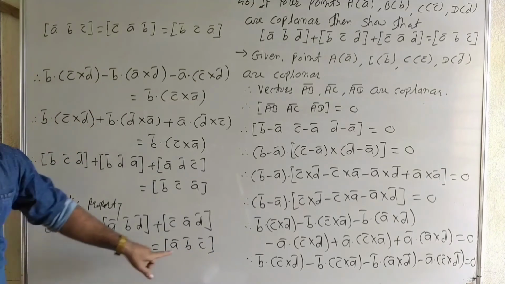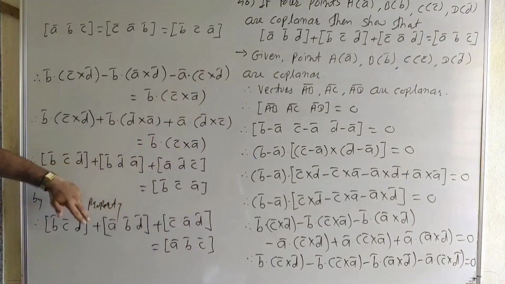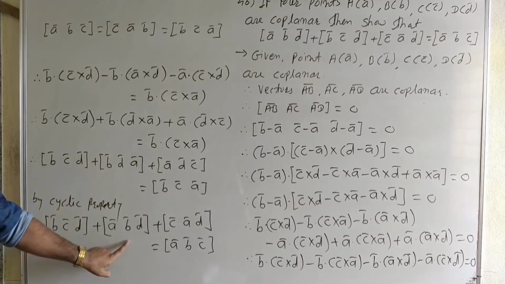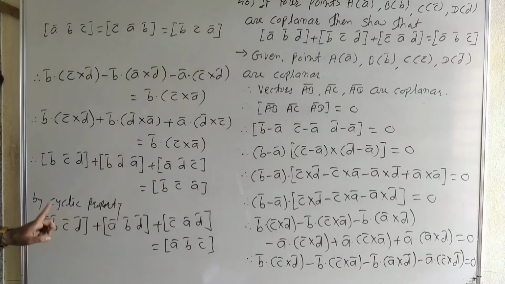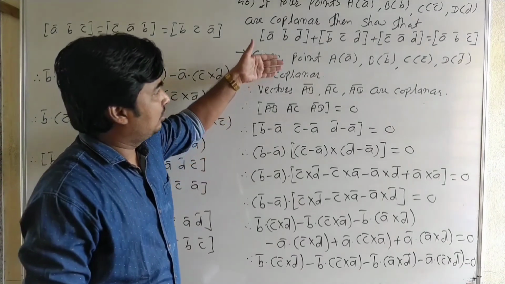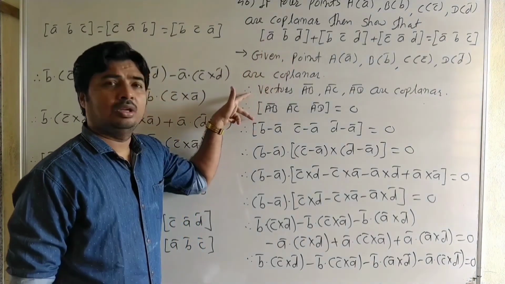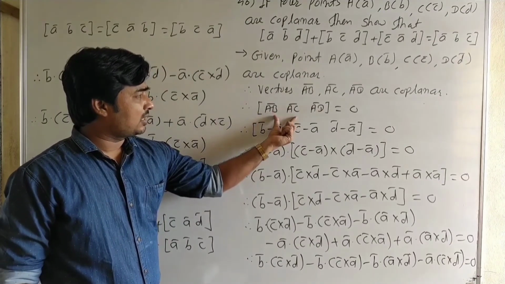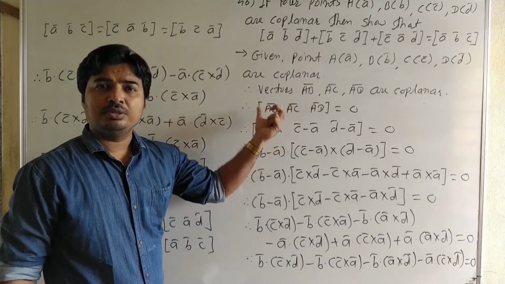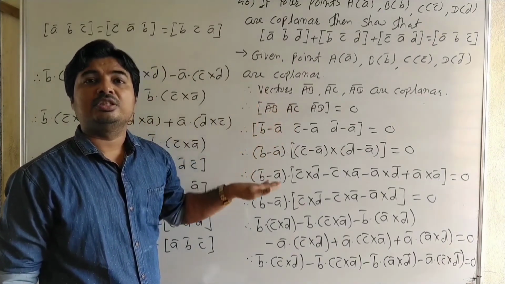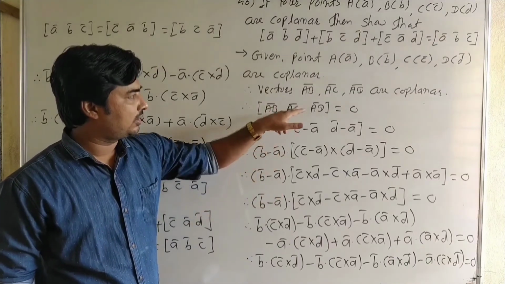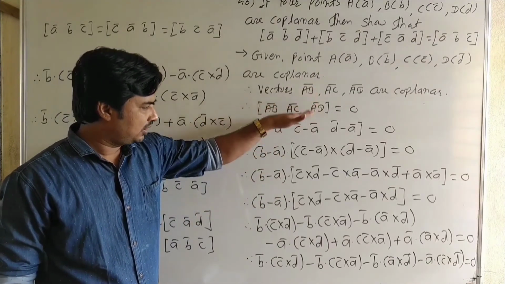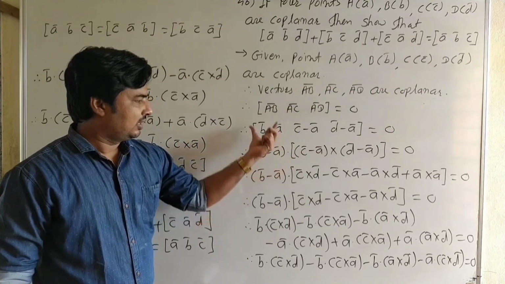Okay, and it is a proof. Okay, only these two terms are the interchange. This can be written here and this can be written here. See carefully, here 4 points are coplanar, so 3 vectors are coplanar, and 3 vectors being coplanar means their triple product is 0. Okay, scalar triple product of 3 vectors, when vectors are coplanar it is 0. We get this condition, then we solve this.